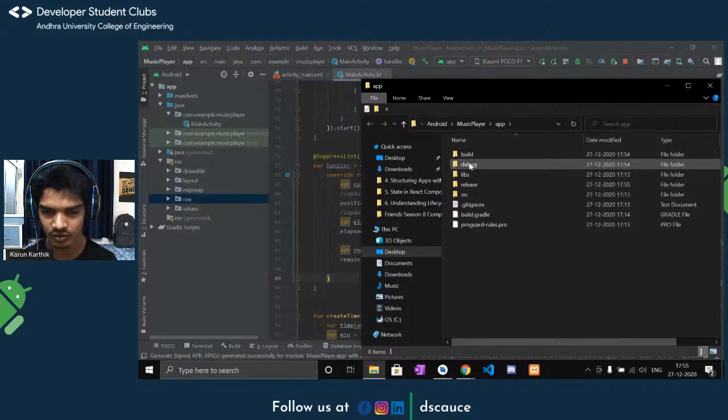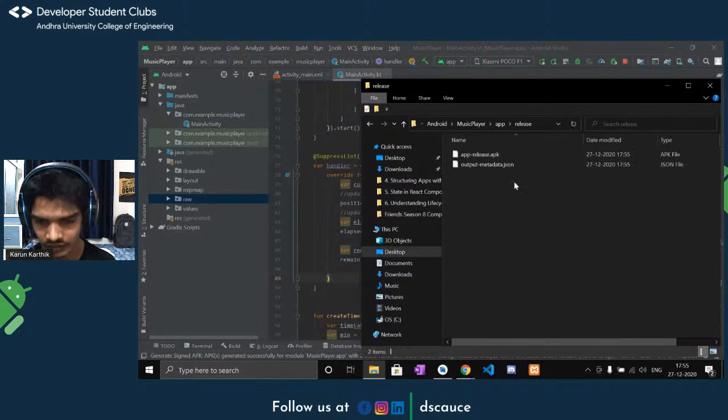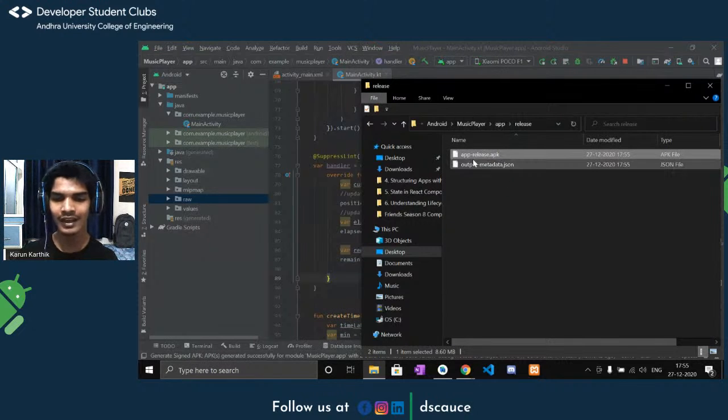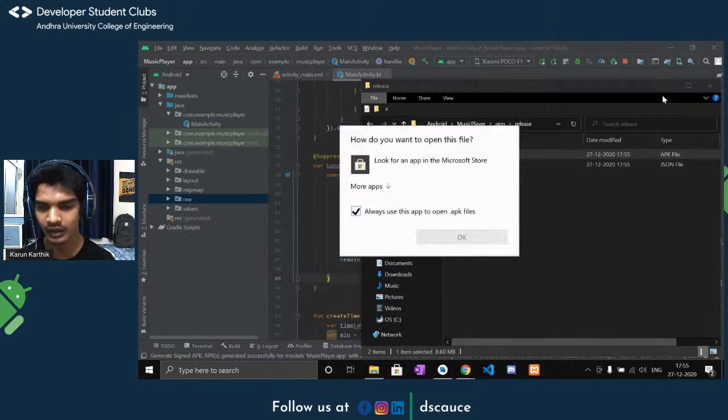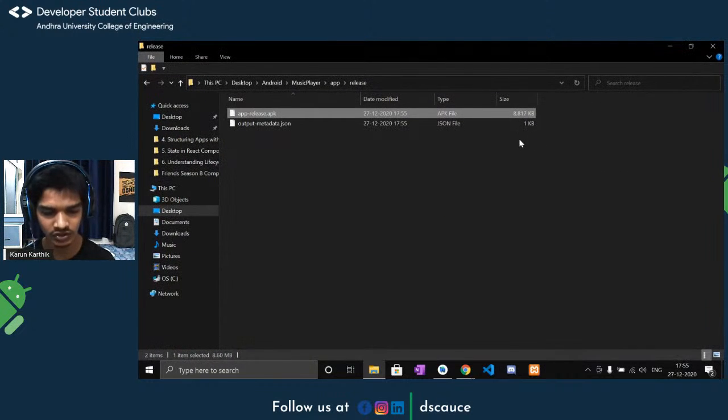So let's just go to build. Sorry, not build. The releases. Yeah, just go to releases, and this is the application file which you guys need to submit in order to be eligible for the badges. Okay. So yeah, just copy this one,